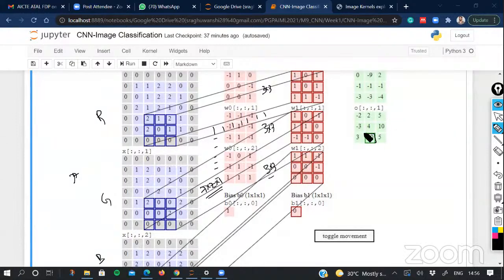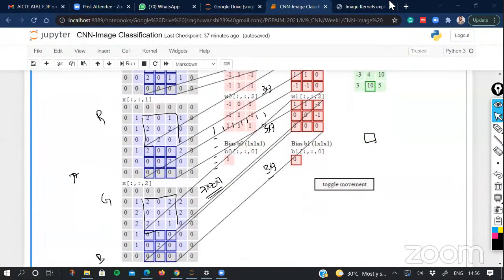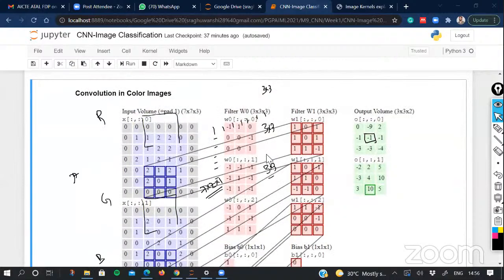For example, this 10 is the output when this second feature map is used with these 3 channel values one by one. And finally, we do the weighted sum. So this is the output. And in this case, actually, we are trying to extract 2 different features. So each filter corresponds to getting 1 feature. So this is the feature 1, you can call it. And this is for the feature 2.